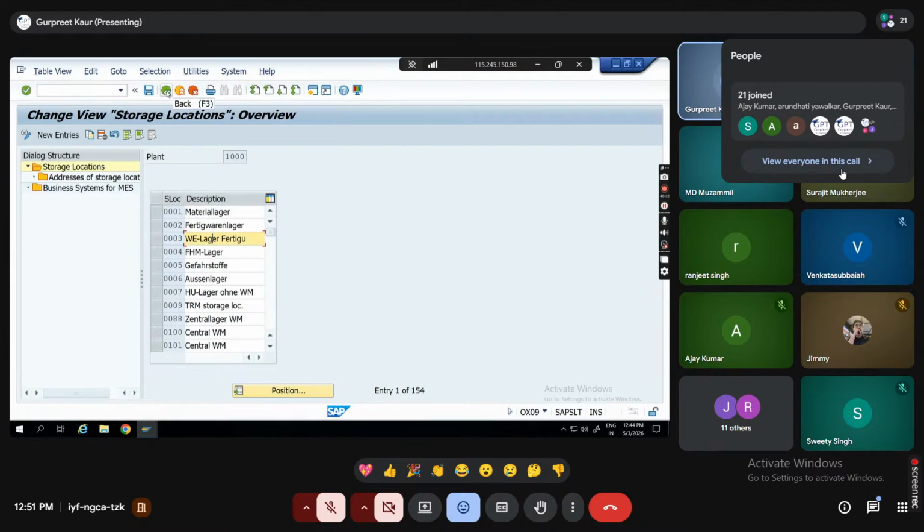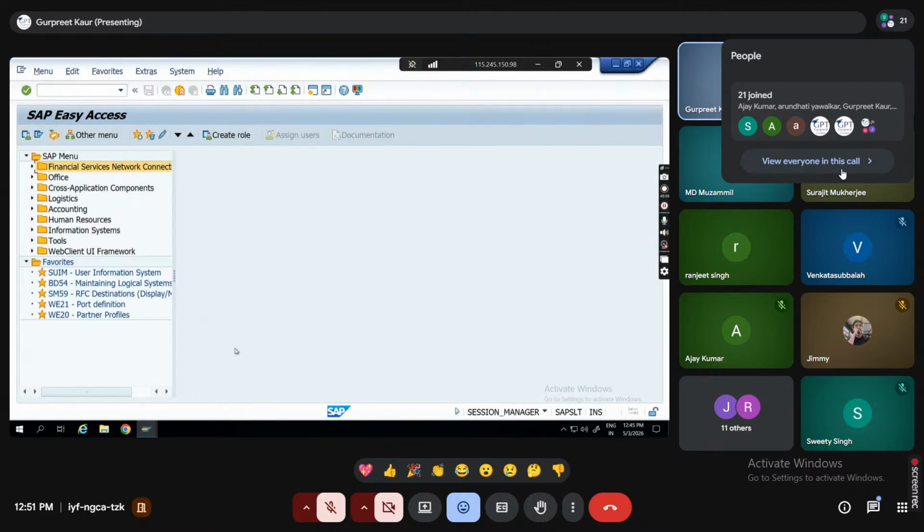But what is going to happen if, for example, this 0004 storage location is no more serving us, it is of no use? How can we close this? We may delete this, and this deletion many times brings inconsistency.